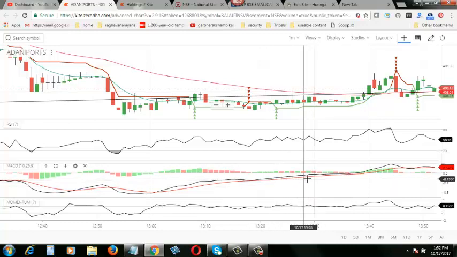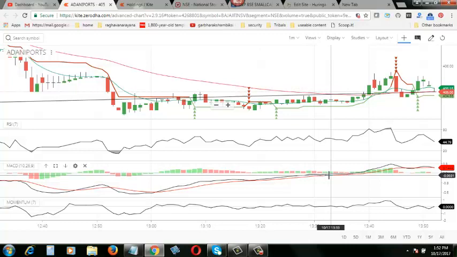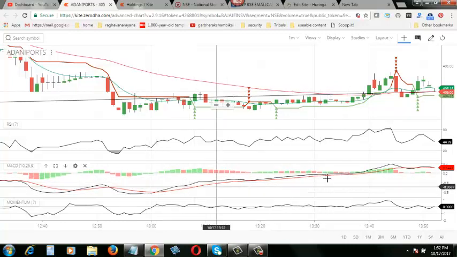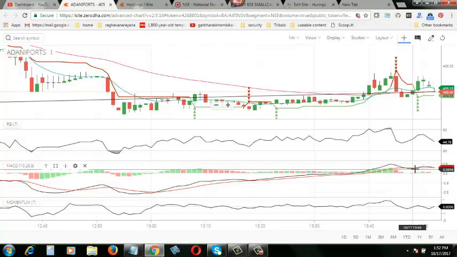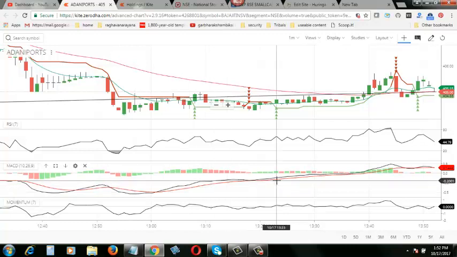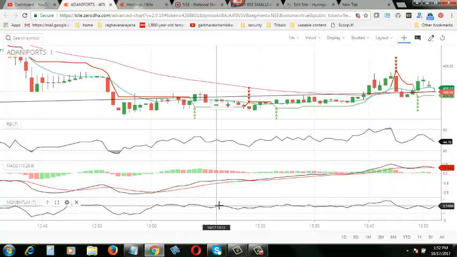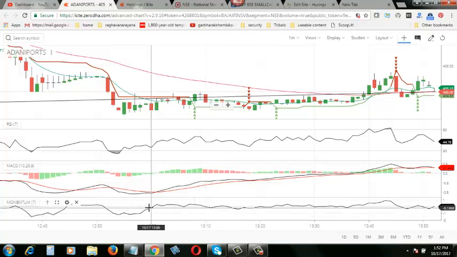look at the MACD here. The signal line is on top of the red line most of the time during the day, and it is trying to be on top of the red line most of the time. So this is a good sign. But look at the momentum. If you look at the momentum chart,